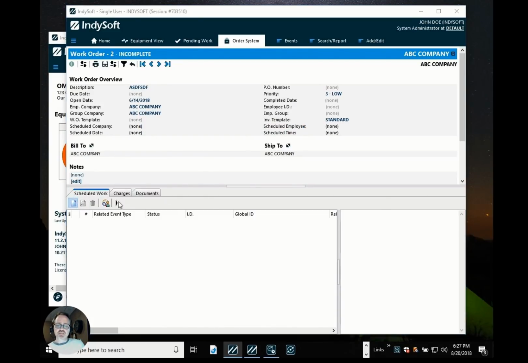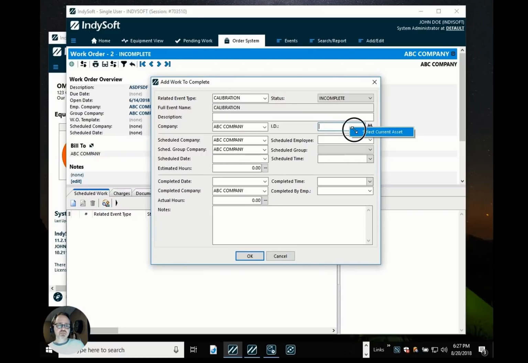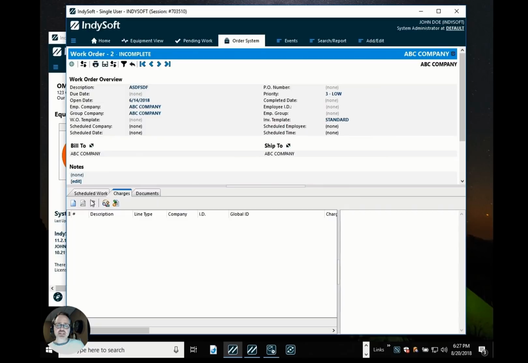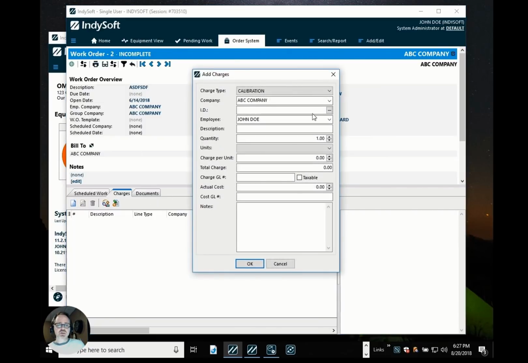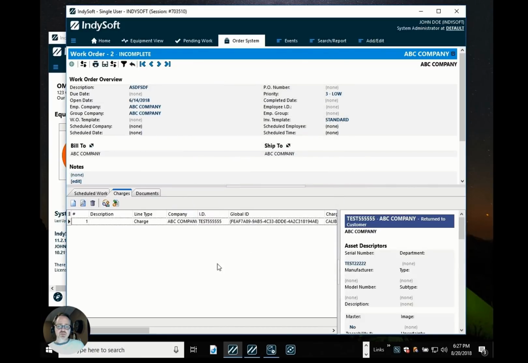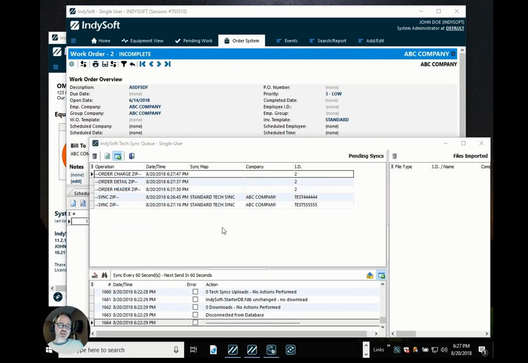And let's add a scheduled work item for calibration on that test 5 asset, and let's add a charge on that same asset of $2,222. So you can see if you double click on this system tray application, all of it works just on